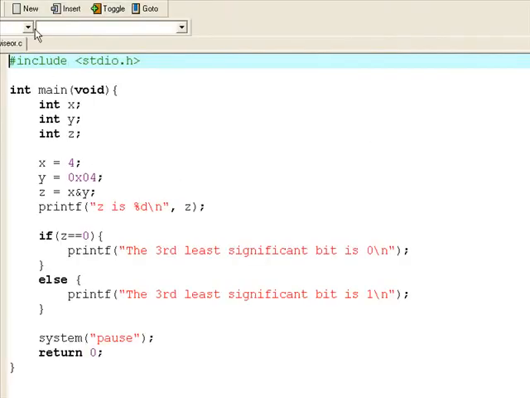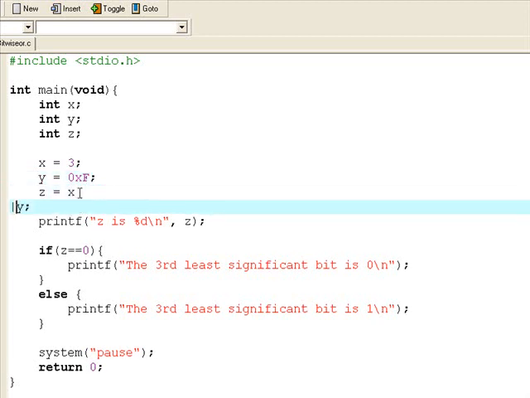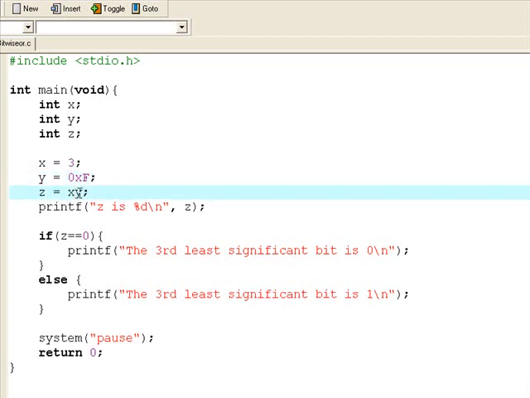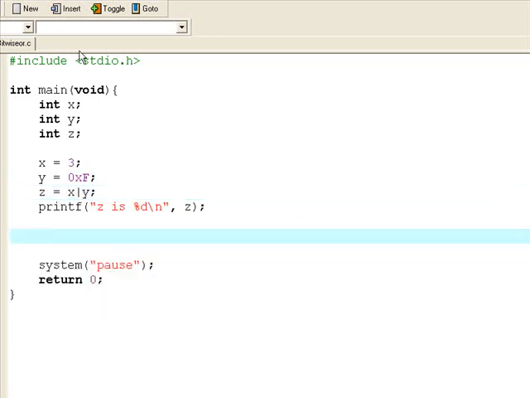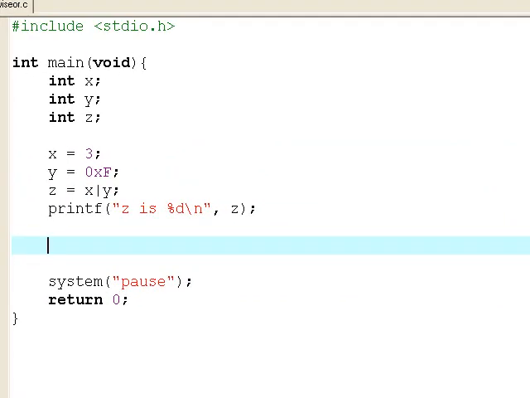So what I've done is I've taken the Bitwise AND and I'm just going to modify it. So I'm going to say x is the value of 3, y is value of 15. Rather than 15, I'm going to put it in as its hexadecimal value, which is just a single F. I'm going to OR the two together, which is using the symbol that's down between the shift key and the Z key. And then I'm going to print it out. I'm going to get rid of these. They're not useful to me at the moment. So we just run that,